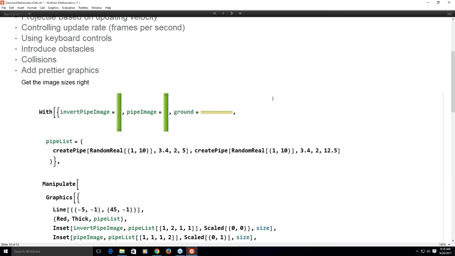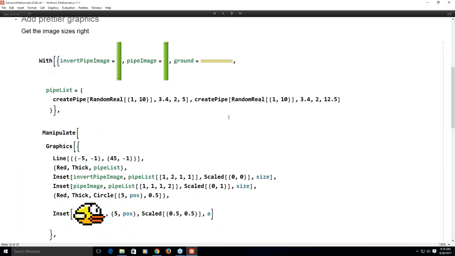And the rest is just icing on the cake. The game mechanics are already there. I have hit detection, and I've got control, including gravity. I don't really need to do much else besides move the pipes across the screen at some fixed rate. But I can also add additional images, and these are just screen captures I took off the internet